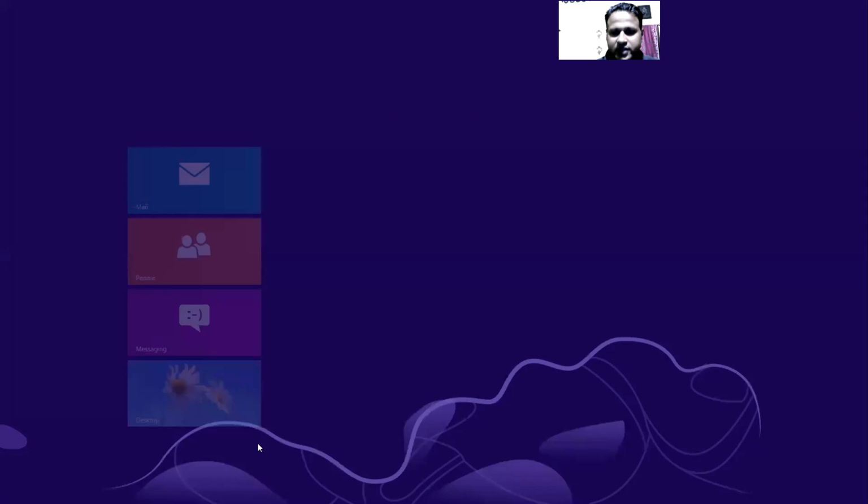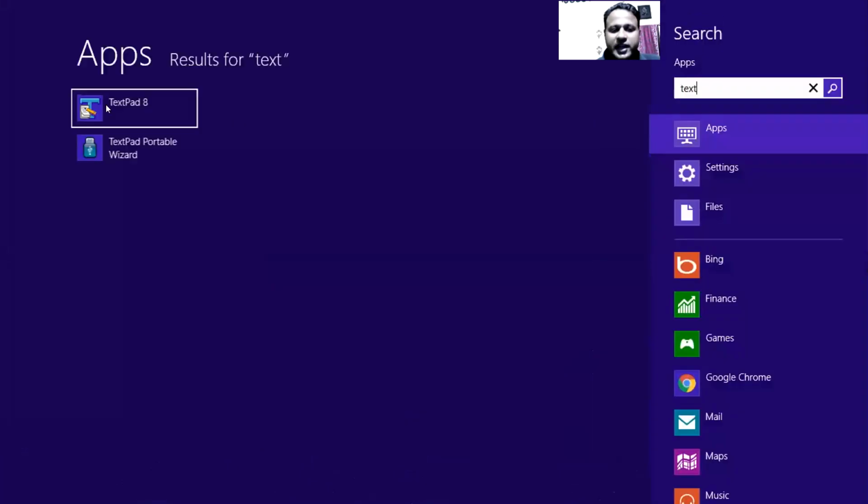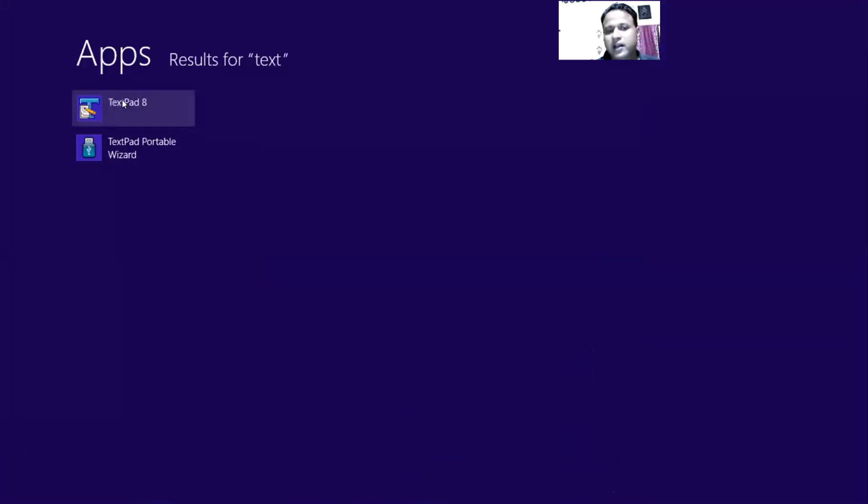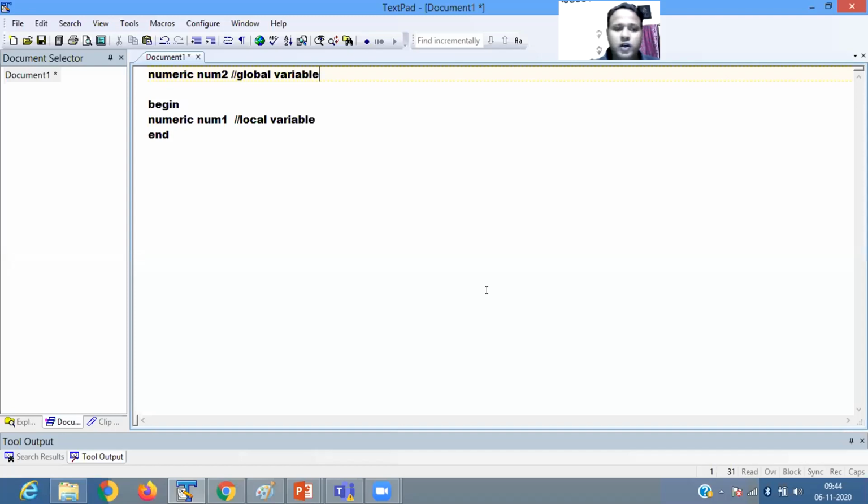First, I open a text pad. The simple thing I have to perform is addition and subtraction through the procedure.